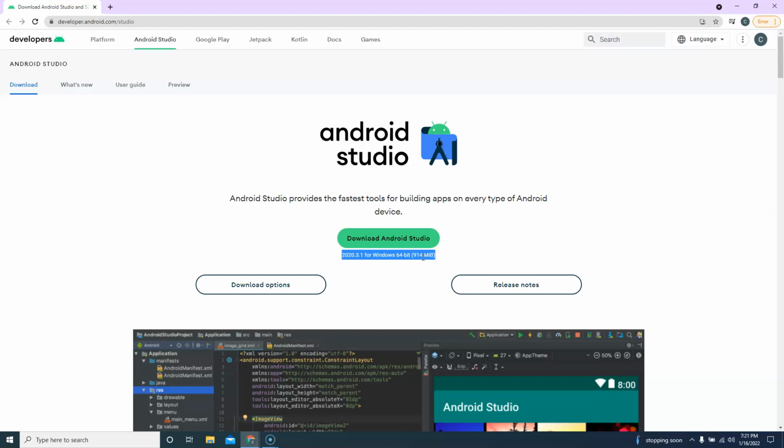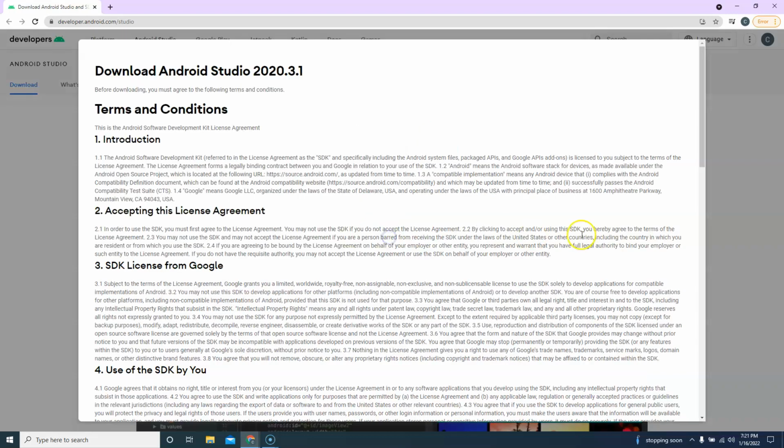Go for it. I may or may not be able to help you. I'd ask for you not to ask me for help, actually, if you do one of those two, because I'll know the answers for Windows. But if you have some weird problem in Mac or Linux, since I don't use Mac and I usually have Linux running somewhere, but I haven't done Android Studio recently on Linux, I might not know the answer right away. So again, Windows is the only supported operating system. But again, on top of that, with warnings and caveats, you might be able to run it on other operating systems too. Anyway, click on this to download,